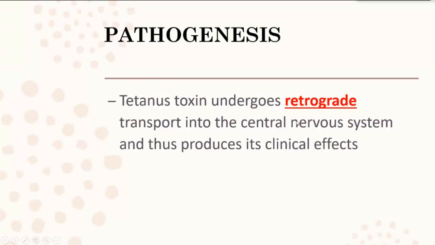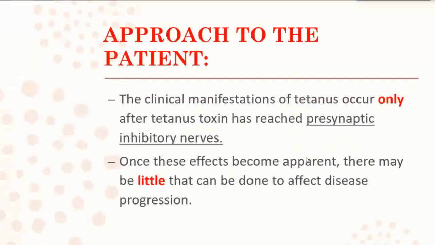Why? The upper limb wound is likely to develop earlier. Yes, the distance along the axons from the site of the wound to the central nervous system will be shorter. Similarly, if a patient has a contaminated facial wound, the manifestation will be very rapid. Clear? So the shorter the distance from the central nervous system, the earlier the manifestation of the disease.